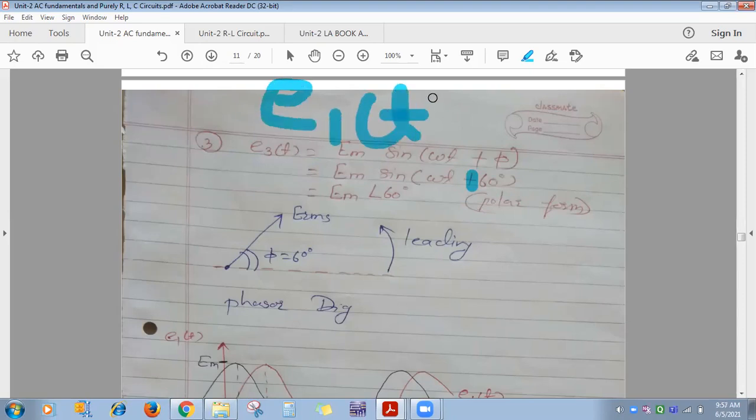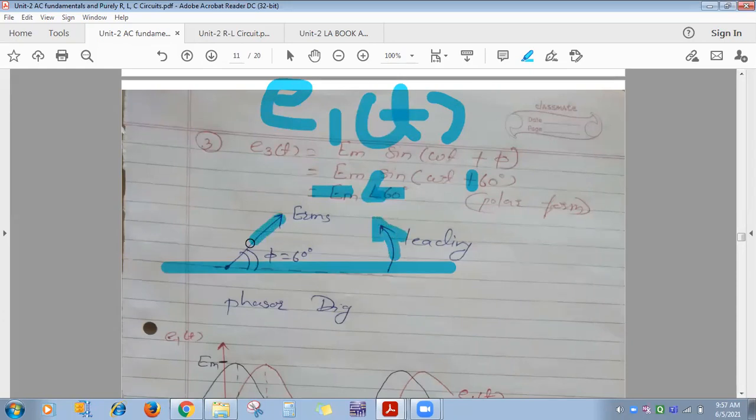Leading by 60 degree. Correct. Plus sign, that's why leading by how much degree? 60 degree. So what will be its polar form? Magnitude will be EM and angle will be plus 60 degree as it is written. I told you, as with a protractor in graphics, you measure positive angle, we measure it in anti-clockwise direction. So this E3T phasor in phasor diagram you can represent at an angle of 60 degree with reference to positive real axis, in anti-clockwise direction, and magnitude will be equal to RMS value. This is the phasor diagram.